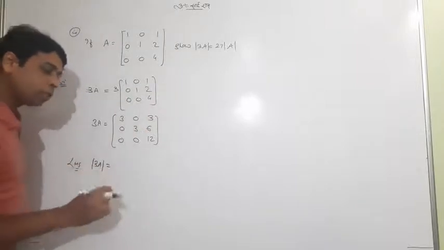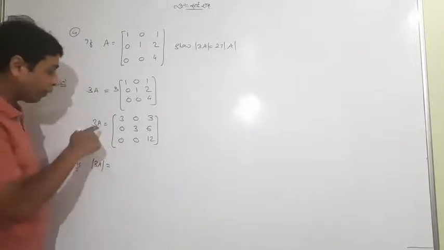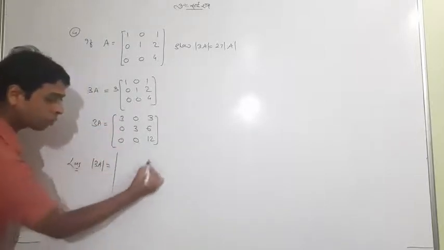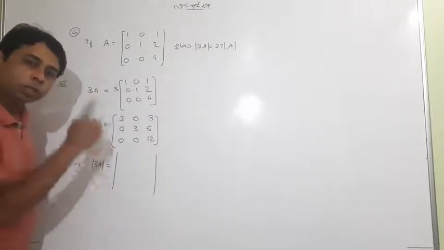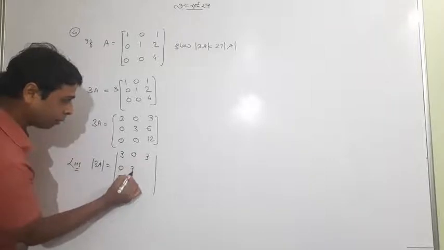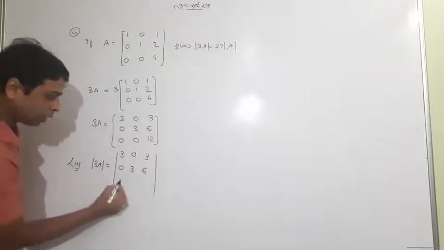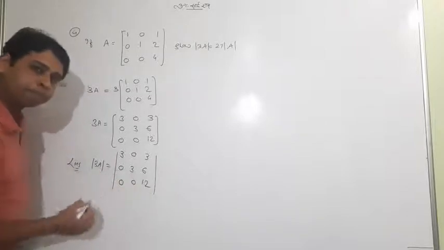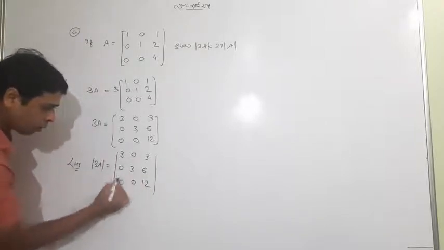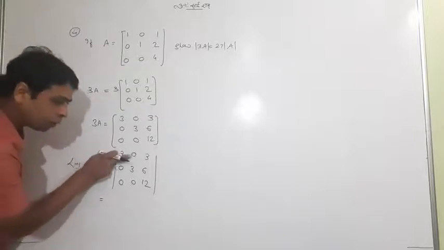So I tell you, students, it's nothing hard. Whenever you are told to find the determinant of any matrix, you just use the determinant sign with all the same elements. Meaning you have to remove the sign of matrix and use a determinant. It is the determinant of the matrix. Now open it along the first row. You know how to open it. I taught you. First, along the first row we prefer.